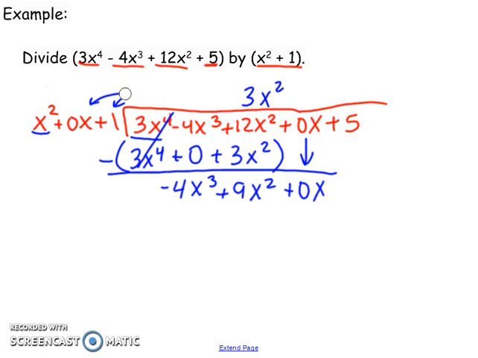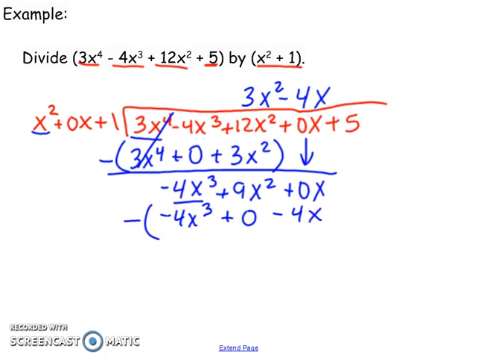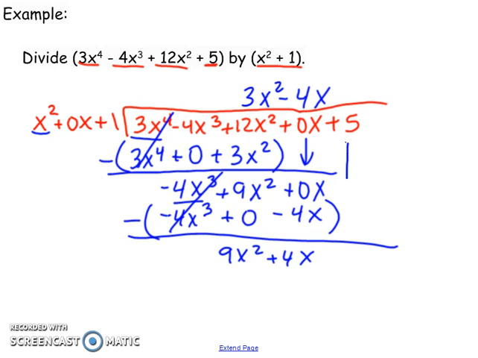We're going to look at the x squared on the left, and we need a negative 4x cubed. So that's going to be a negative 4x, and we multiply. That gives us a negative 4x cubed, a 0, and a negative 4x. We subtract. Negative 4x cubes are gone. 9x squared minus 0 is just 9x squared. 0x minus a negative 4x becomes a positive 4x. And then we have to bring down the